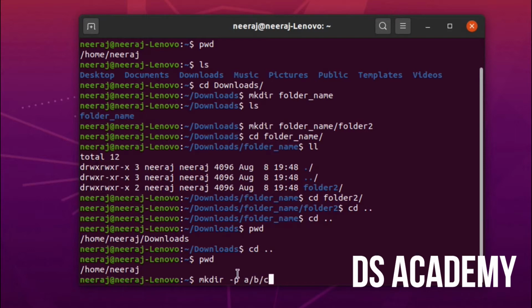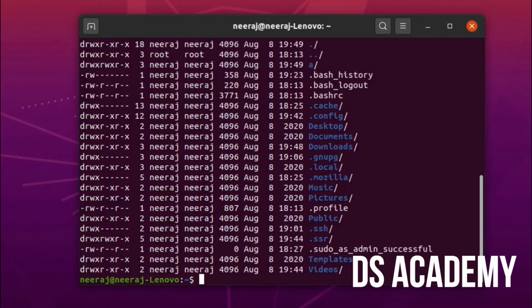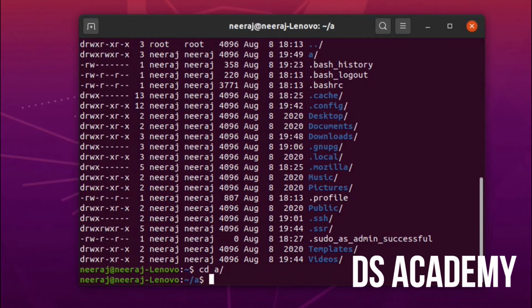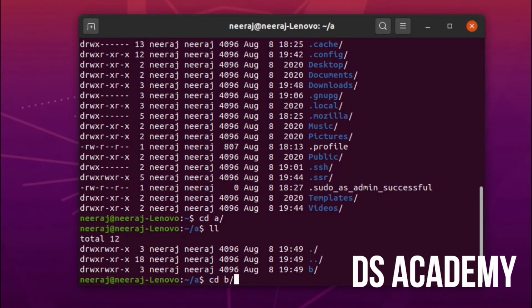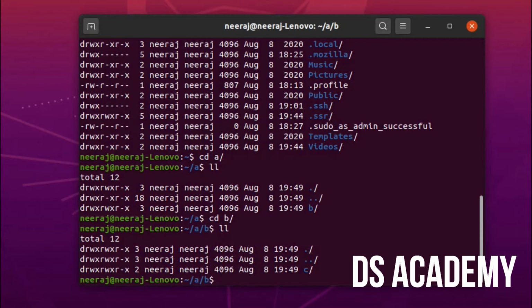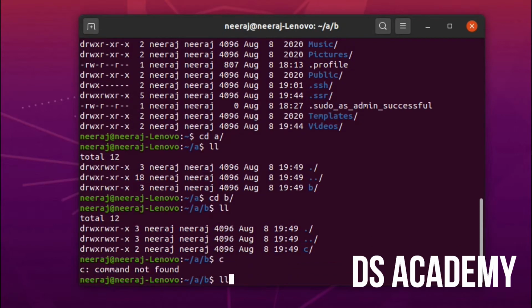Now mkdir -p. This command will recursively create all the folders that do not exist. Like, I know there is no folder with the name a, b or c. So what mkdir -p does is create all three folders. I can cd into a, then I can see there is a b, and also there is a c folder.